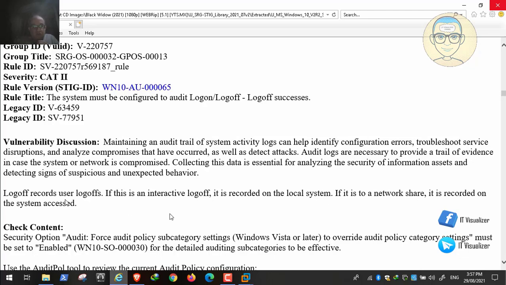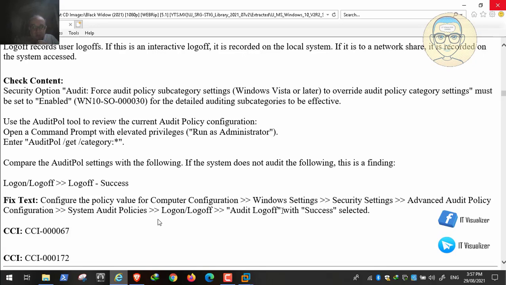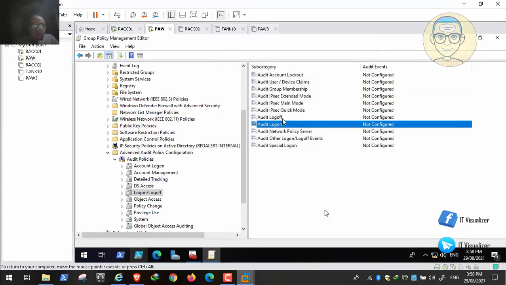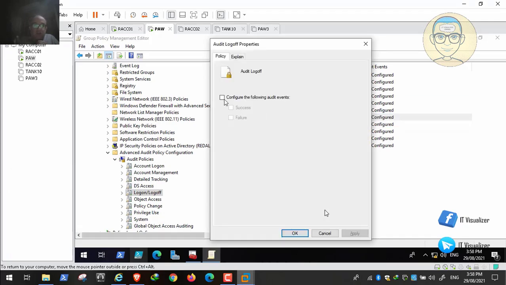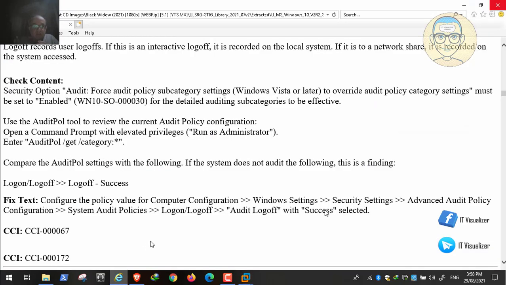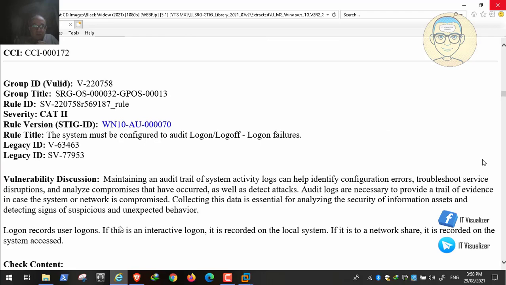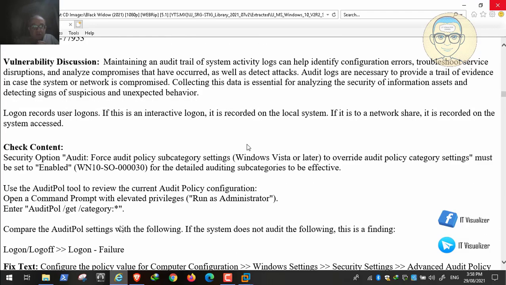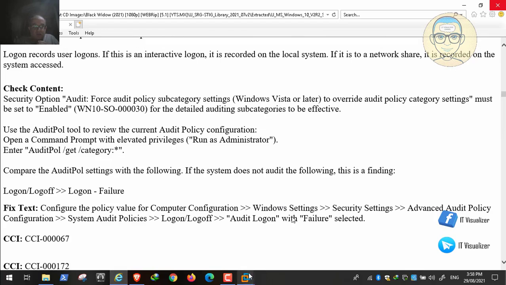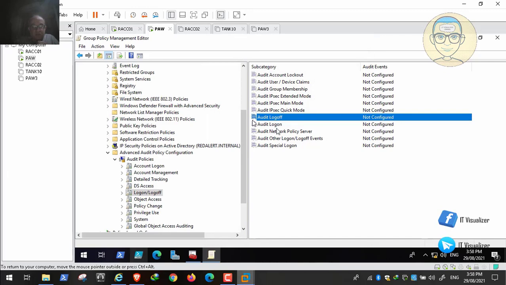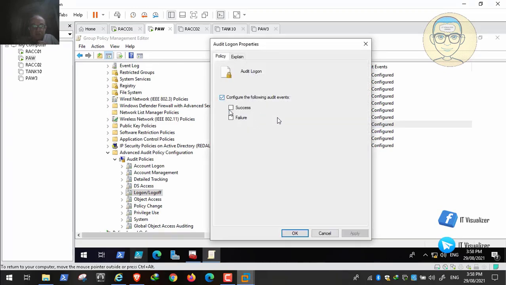So we need to validate or open audit log off success. Okay, so we need only the audit log off success. As for the login, we will audit the successful login and the failure of login. So here we can see login failures. We will audit the login failures, or record the login failures. But it is not giving us the successful. It will audit only the login failures. So here we will audit the login failure,